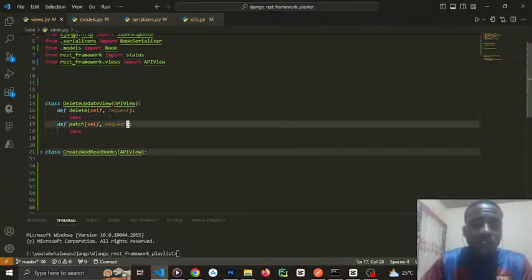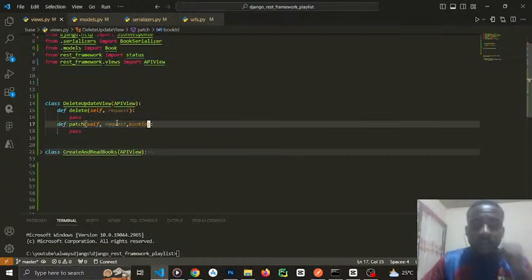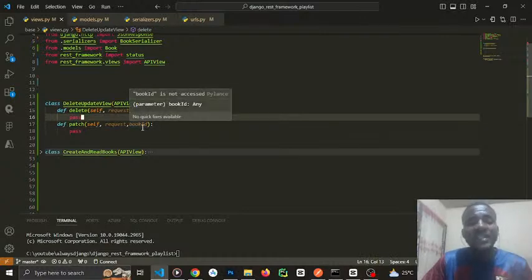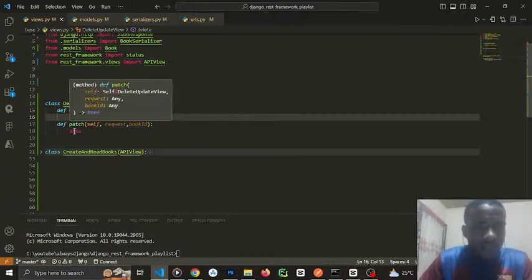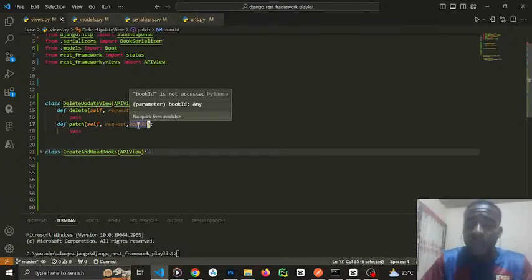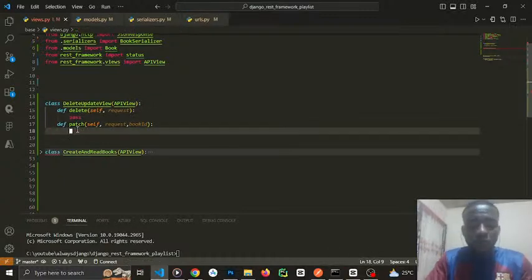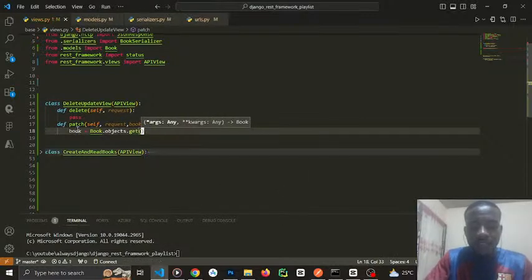For us to get the unique key, let's say we pass it from this request argument. We say book ID. This book ID will be the ID of the book we're trying to update. So we use this book ID to get the instance of a book. When we get the instance of a book, we now update the book with that. So let's try to get the book. Now if we say book is equal to book.objects.get(id=book_id)